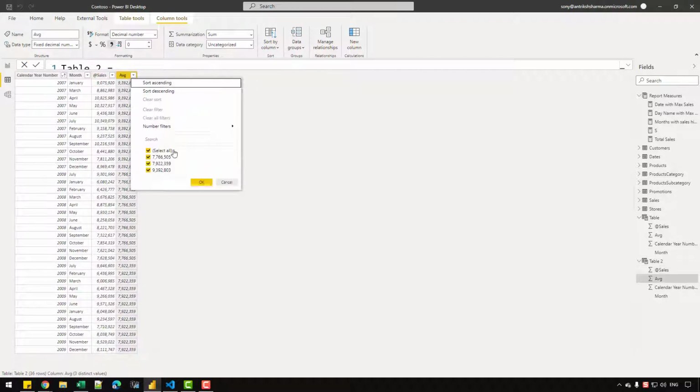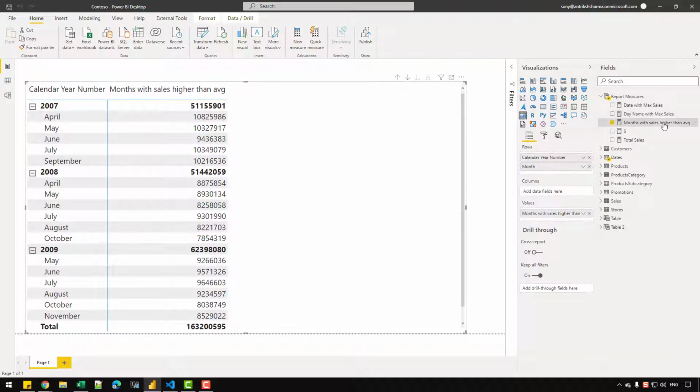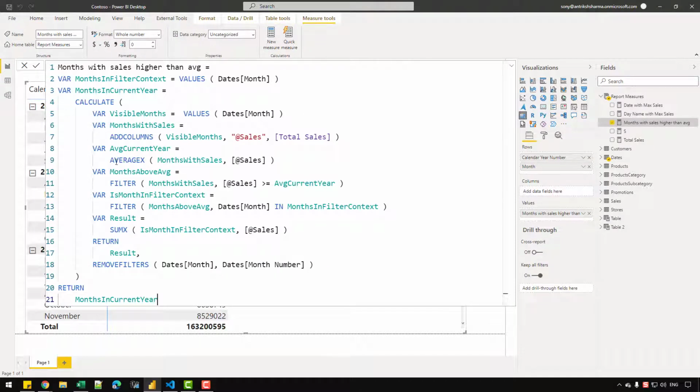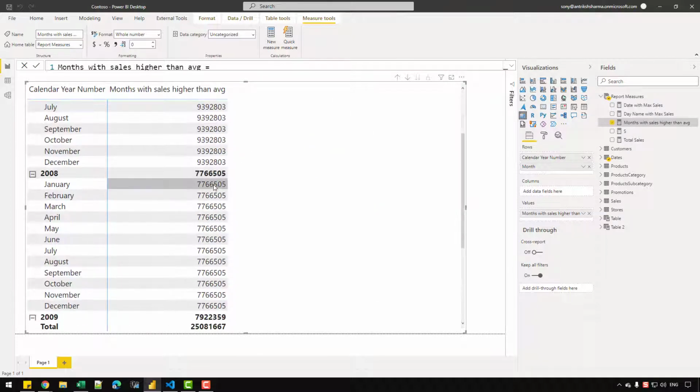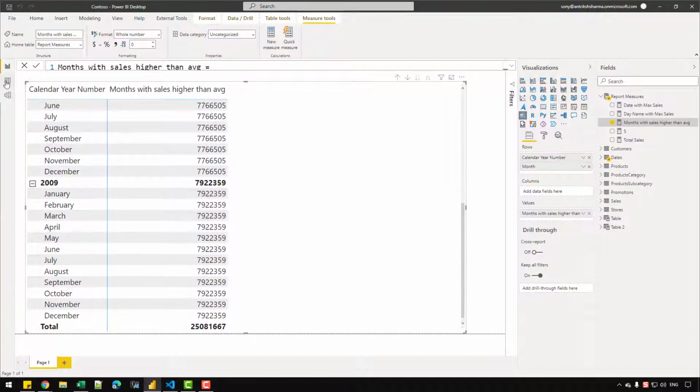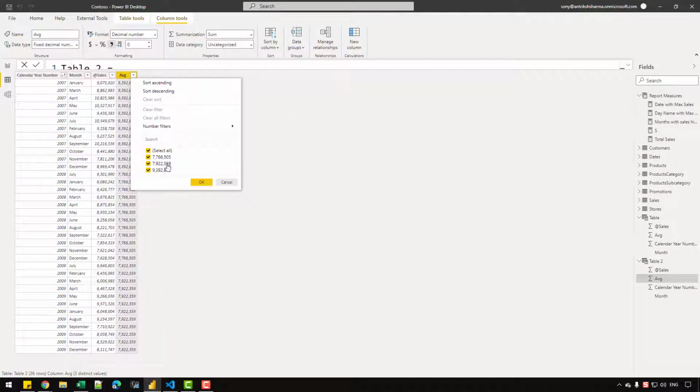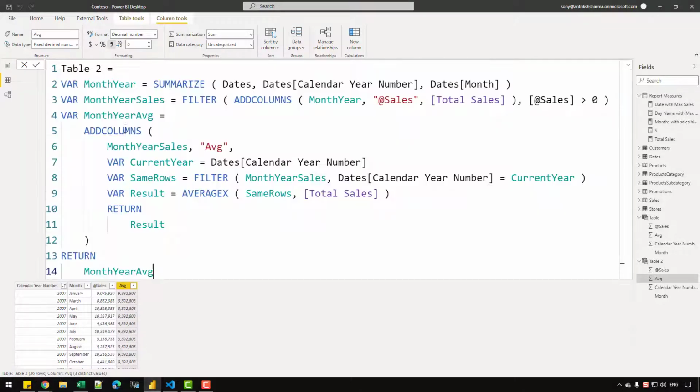So if I filter this column, you can see that we are only getting 3 values which are the average for that year, and if I need to verify that, I can simply go back to the measure and I can simply retrieve and return the average of the current year variable. So for 2007 I get 939, then I get 7766 and 7922, and similarly here I get 939, 7922 and 7766. So at the moment I know that the average that I'm getting is correct,